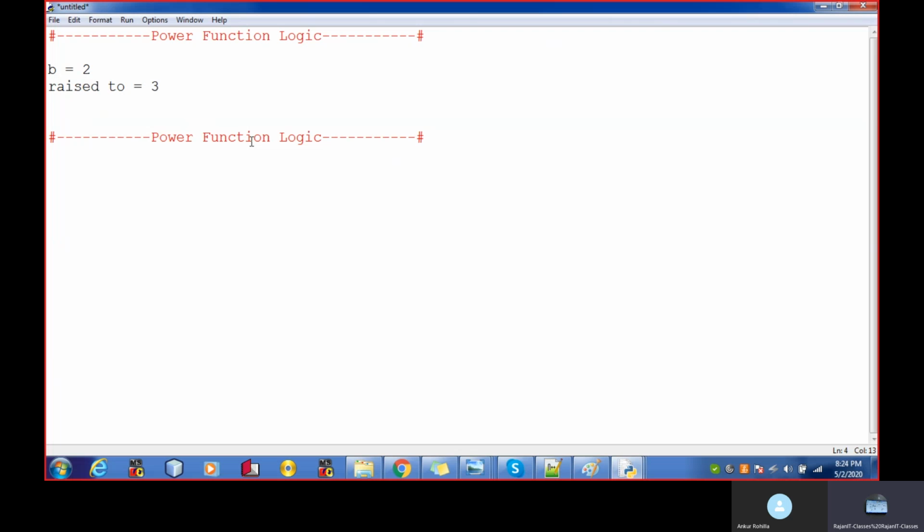It means 2 power 3, right? If 2 is raised to power 3, my outcome should be 2 multiplied by 2 multiplied by 2. It should be 8. These are the kinds of terms we generally talk about in mathematics.